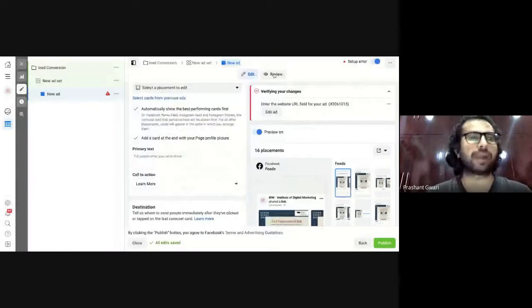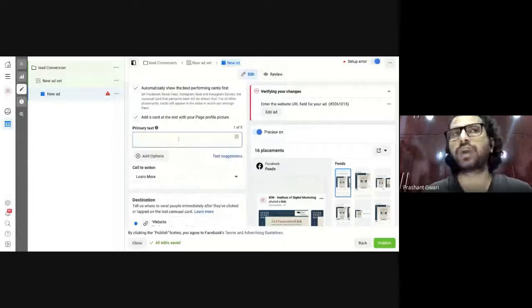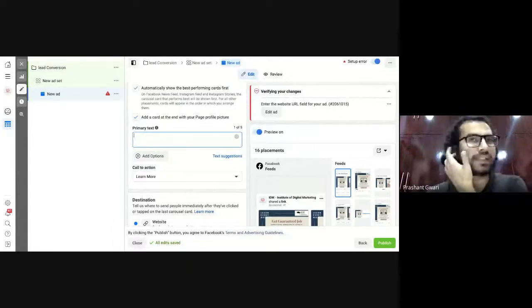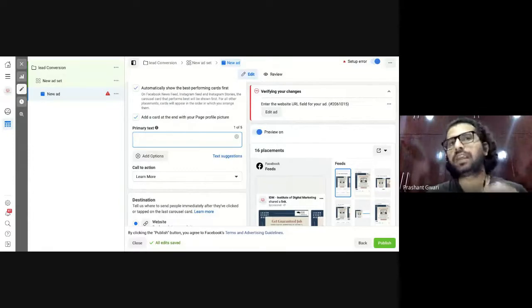Now you will come to the primary text, same as the primary text you used on your traffic advertisement or brand awareness advertisement or lead generation advertisement. You will do the same thing here. You will clearly mention the key takeaways of your advertisement because it's a conversion advertisement, and people will only make a transaction if they find all the information that is important to them. If you try to hide information in a conversion marketing campaign, there are high chances they will not buy the product from your advertisement. So try to provide all the information from here.